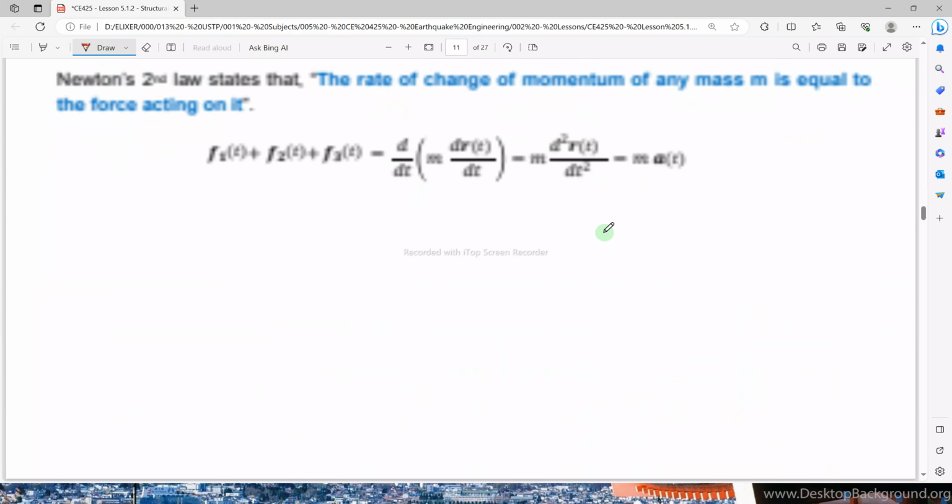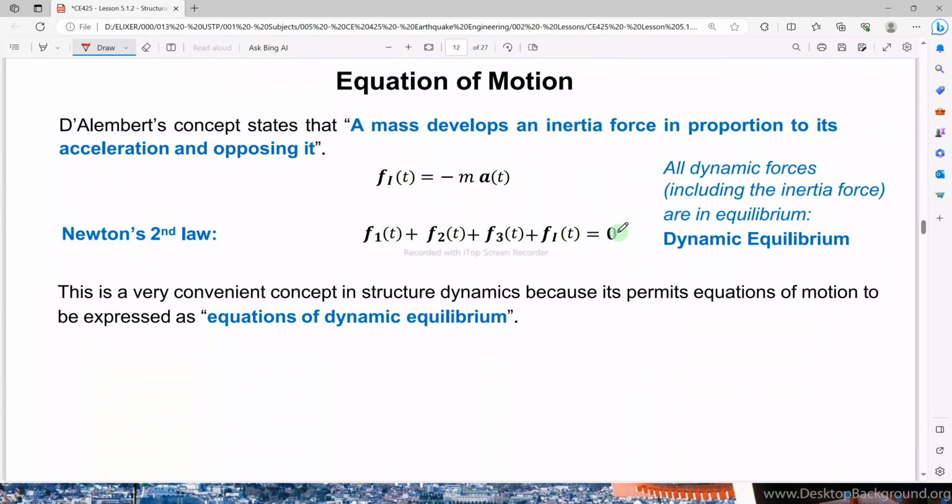How about D'Alembert's principle? It says that a mass develops an inertia force in proportion to its acceleration and opposing it. So we have here F_I, the vector force I as a function of time, equal to negative mass times the vector acceleration. This F_I we call our inertial force. We have here the inertia force denoted by F sub I, but since this is dynamic, we consider it a vector quantity. So the inertia force